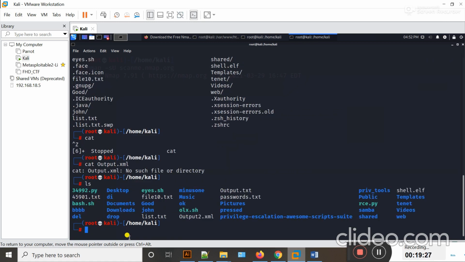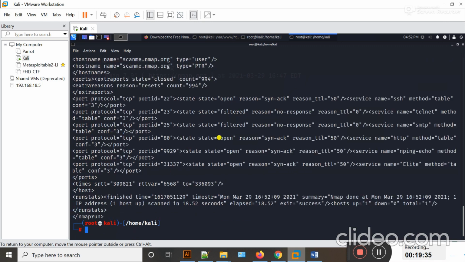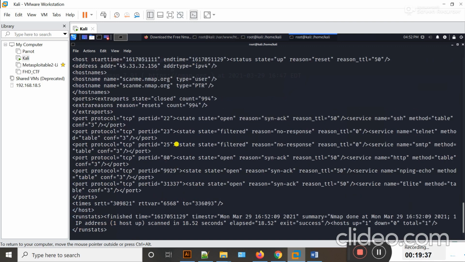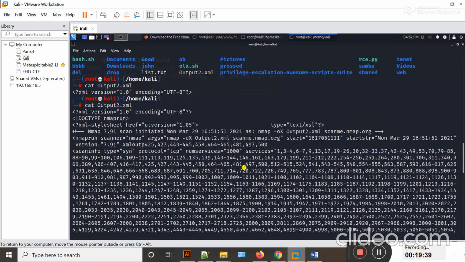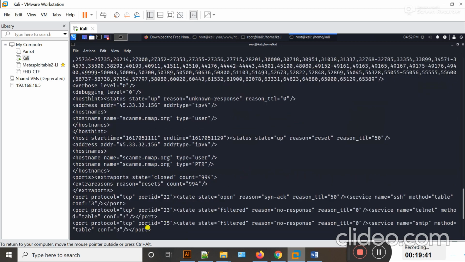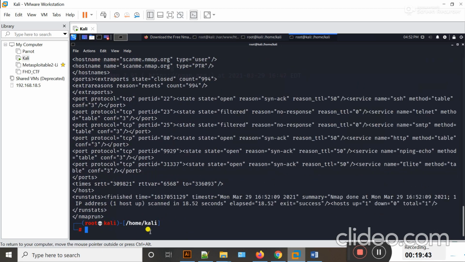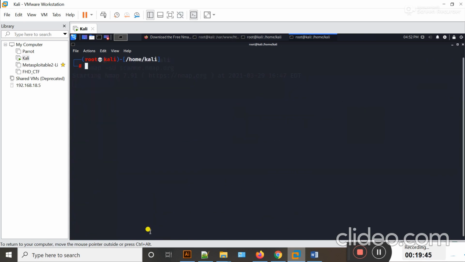Okay, output2, sorry, the file name is output2.xml and hit enter. Guys, you can see that the output is in XML format. Okay guys, you can also store the output in multiple formats at a time.